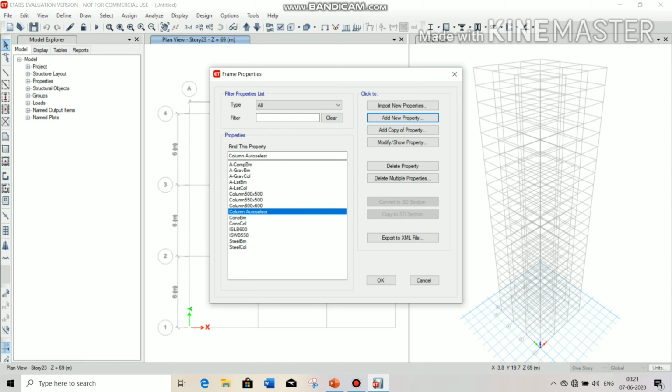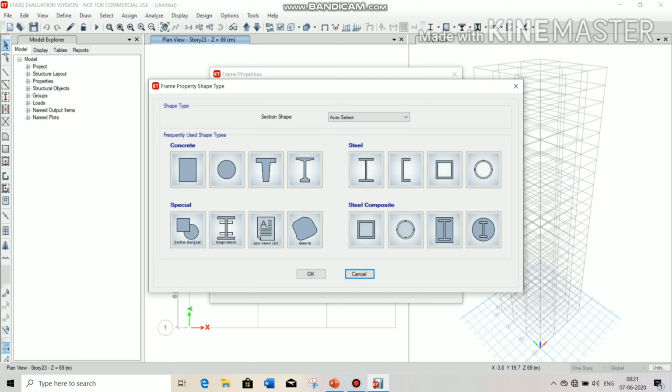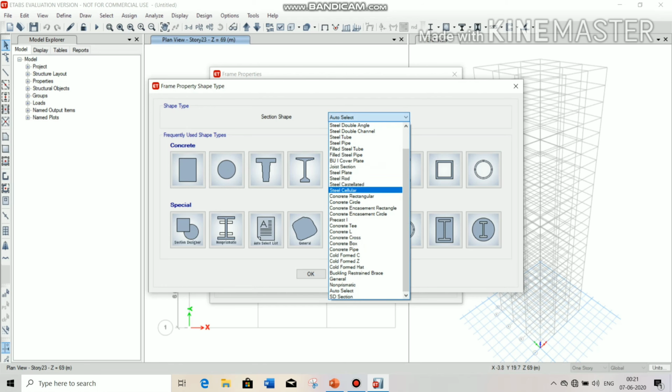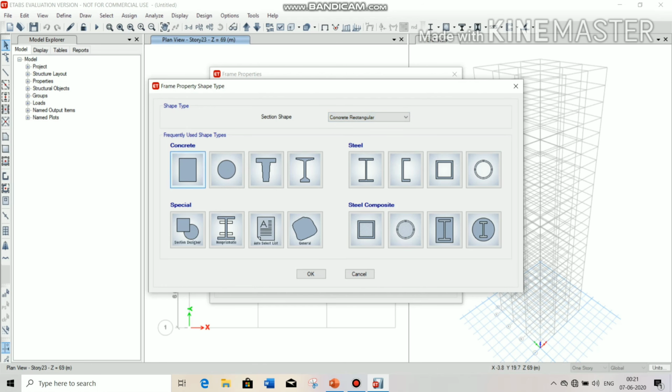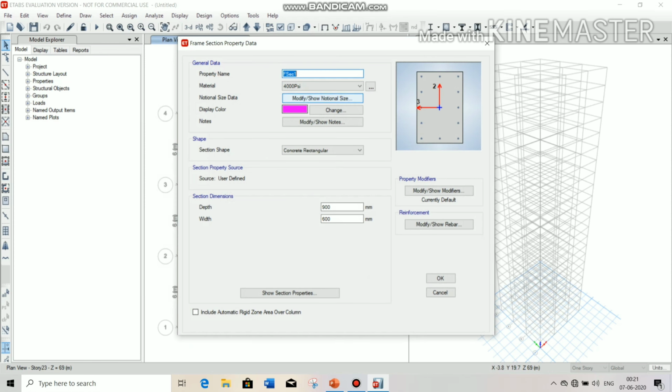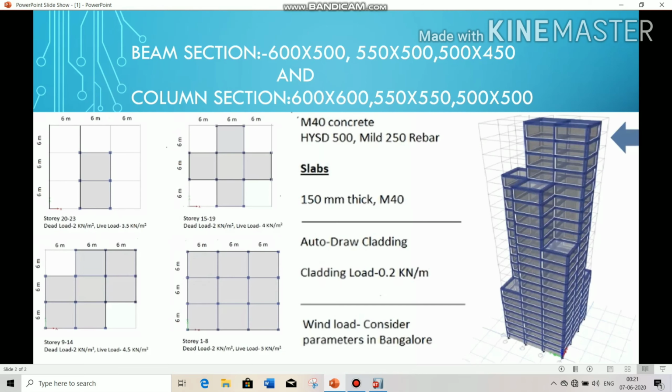Similarly you have to define the beam sections also. Now click on add new property, select concrete rectangular to define beams. Beam sections are 600 by 500, 550 by 500, 500 by 450.